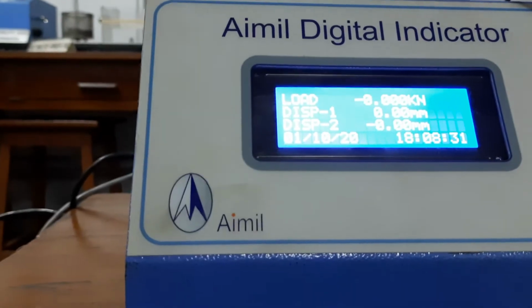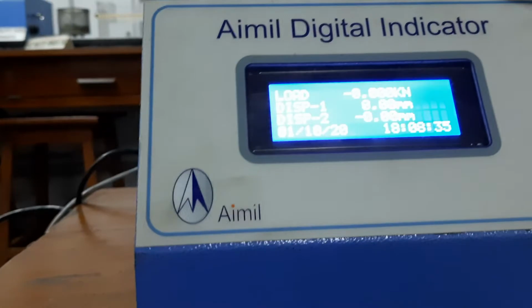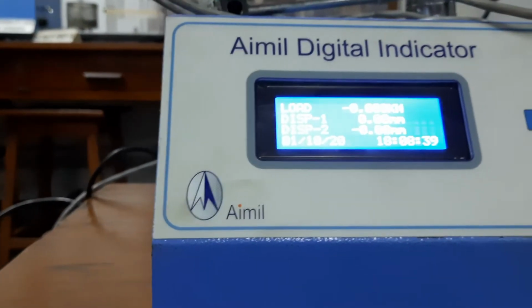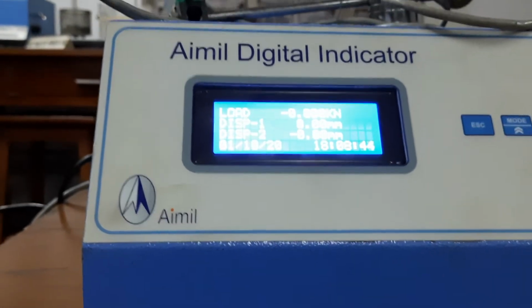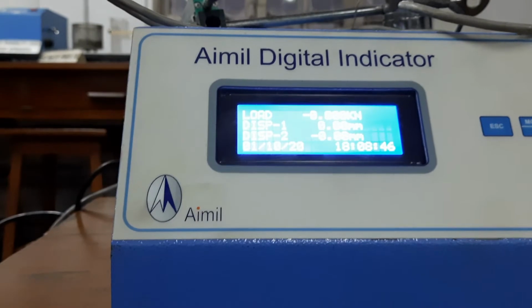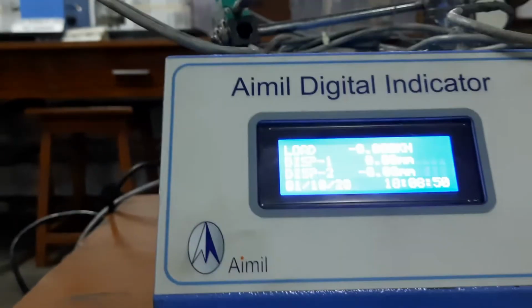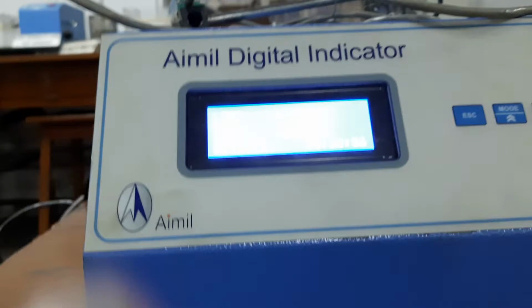We have started the machine to load, and you will see gradually in the display the load and displacement will increase. We will allow a maximum load displacement of 10% of the sample size, that is 10% of 30, which is 3, but it is expected that before that the sample will start releasing the load.